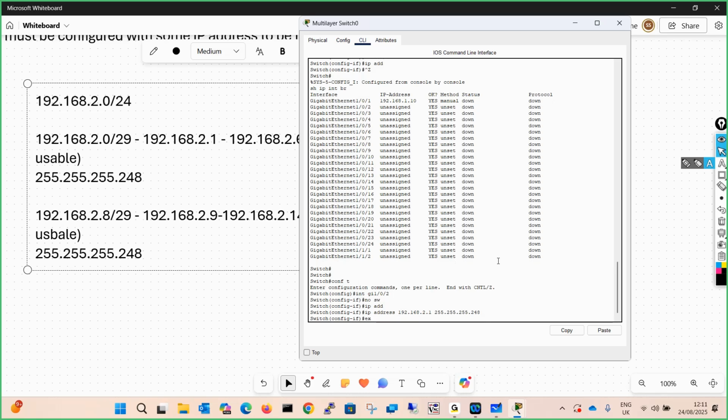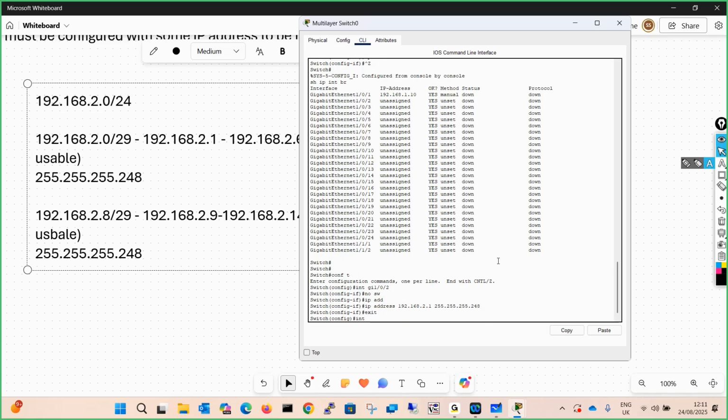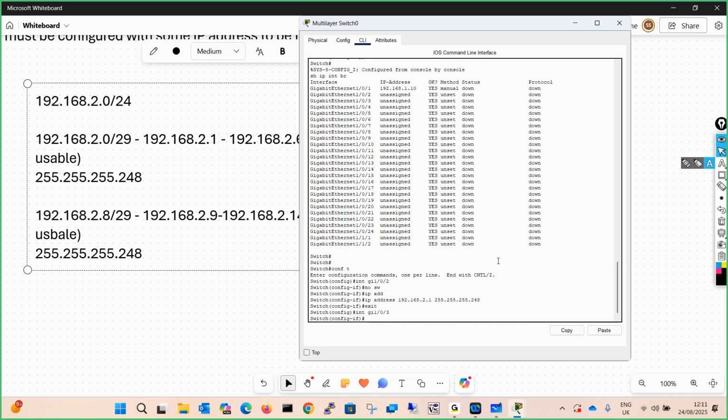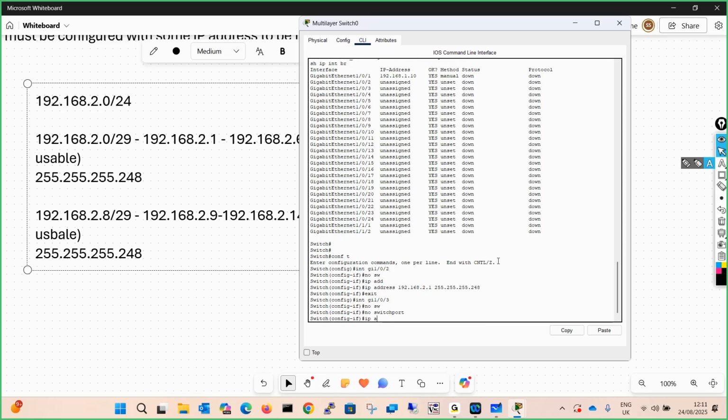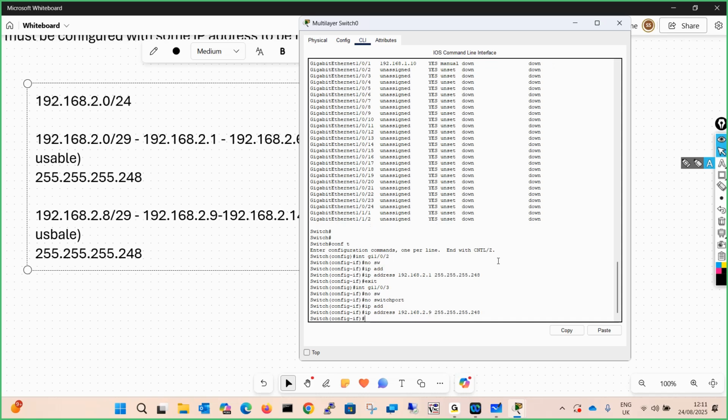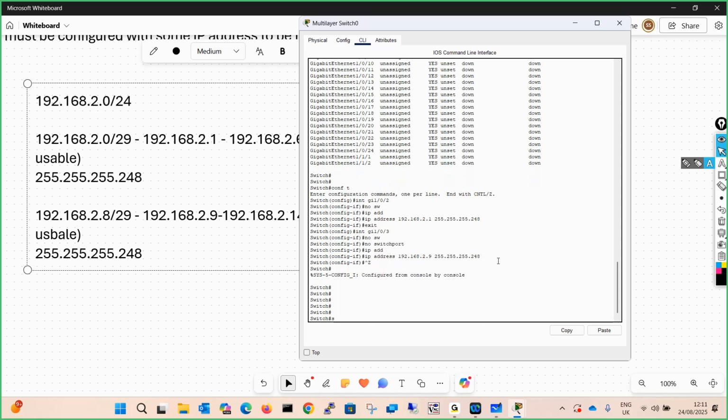I will exit from here and go to another interface, 1/0/3. I will again make it layer 3 with no switchport. It is now layer 3. I can configure the IP address 192.168.2.9, subnet mask 255.255.255.248. Hit enter. It has taken. It should take and it will take definitely.